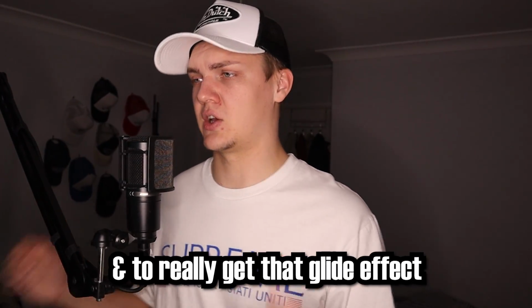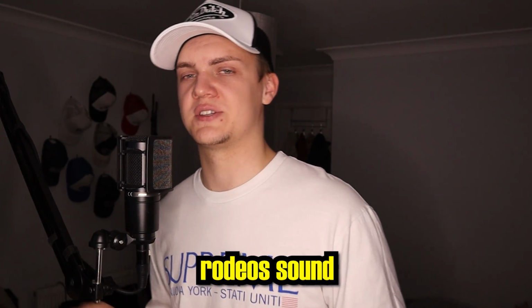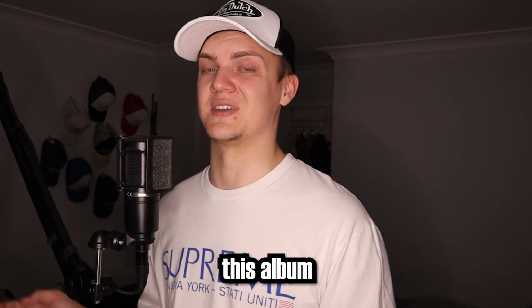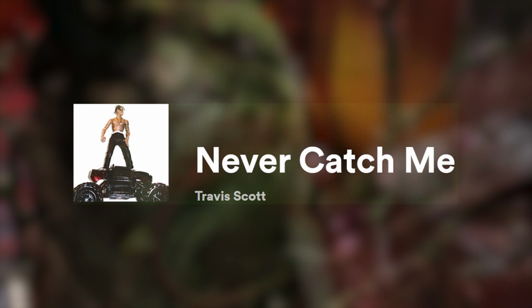And to really get that glide effect, you want the notes to be overlapping, just like here. And I notice a lot Mike Dean likes to put a Juno chorus on his basses. Next is the vital part of Rodeo's sound, the distorted lead. This sets the mood for intros and bridges throughout this album. And I wanted to make a lead similar to the song Never Catch Me. So